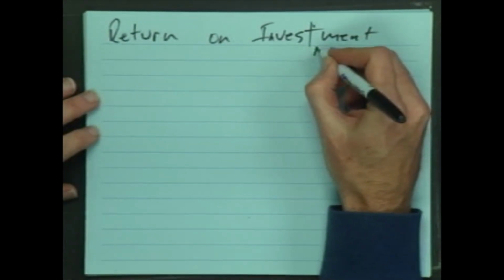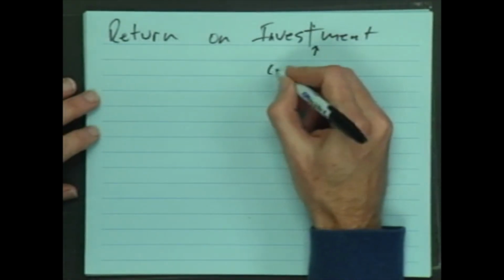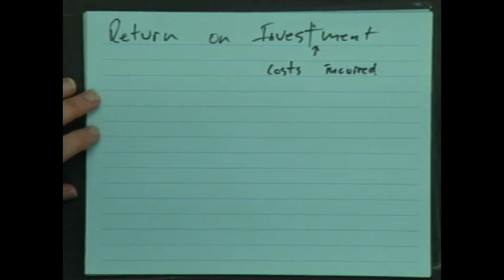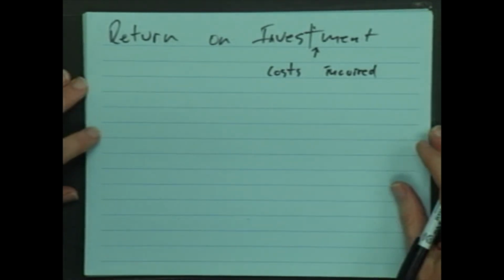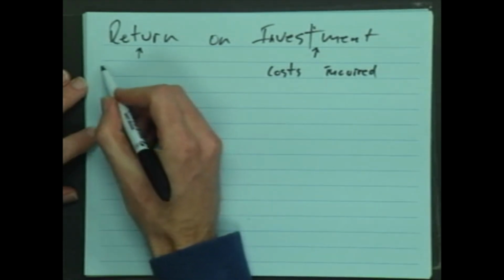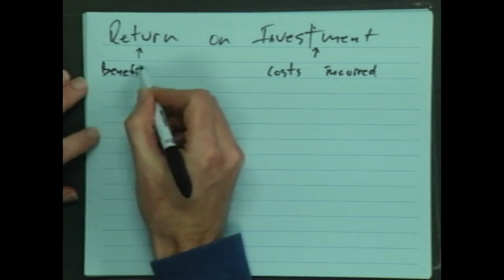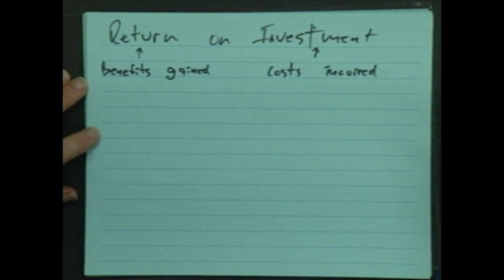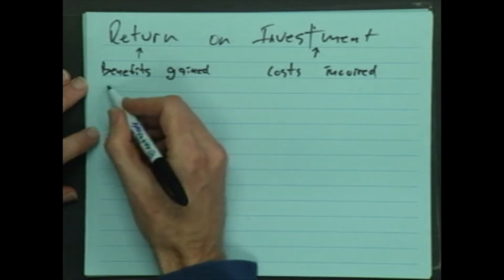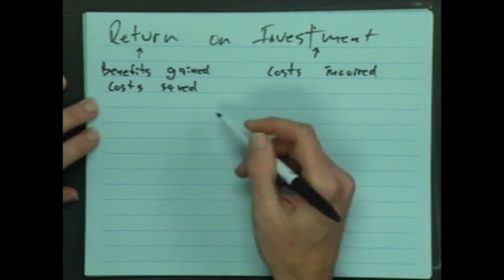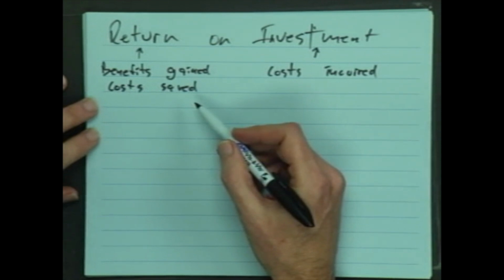All right, so investment is the cost that we incur. All right, so what's the return then? If we're speaking in vague terms, and a lot of you probably did something like this, we would just talk about benefits gained. But what we really need here is costs saved. This is normally what we would get out of a system development project.